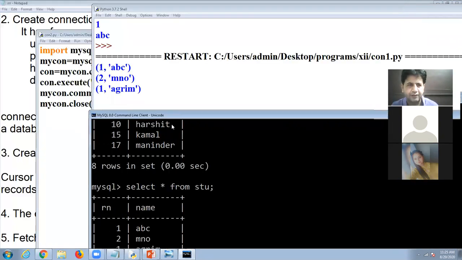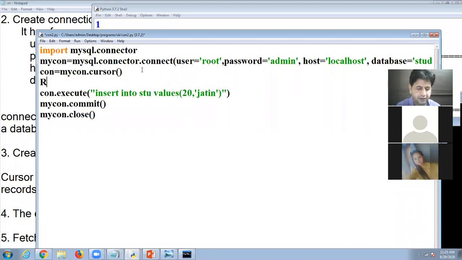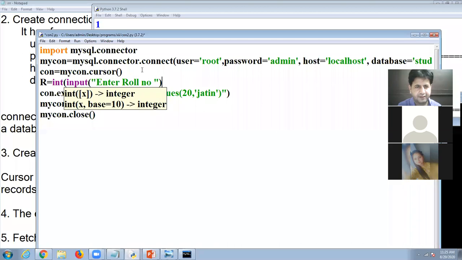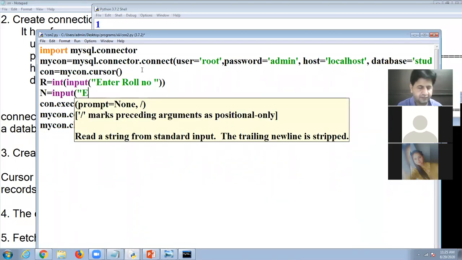But we gave the data as constant values like 20 and Jatin. Suppose I want to get the data from the keyboard. I take here r is equal to int input, enter roll number, then I take one variable n meaning name, input, enter name.